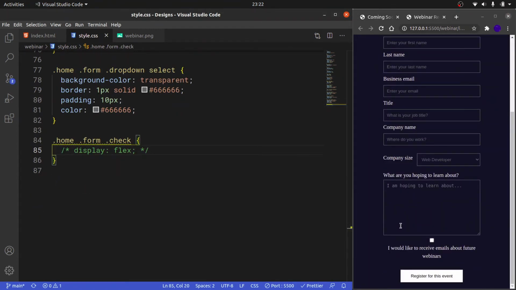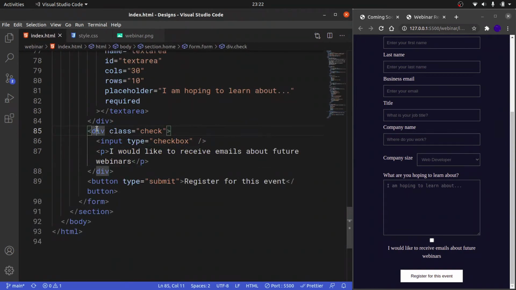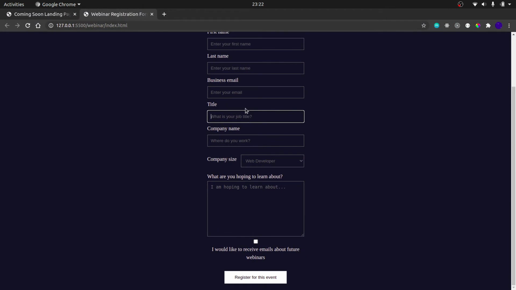Let me move the display flex here. Let me check this out. This is the div with the class of check. Okay, this is the div with the class of check. Input with the type of checkbox, and it says I would like to receive image. Let me see how this looks on bigger screens. Of course, nothing would change because